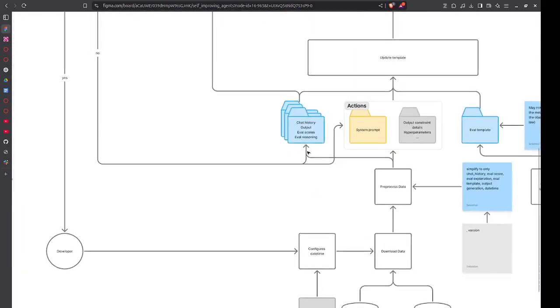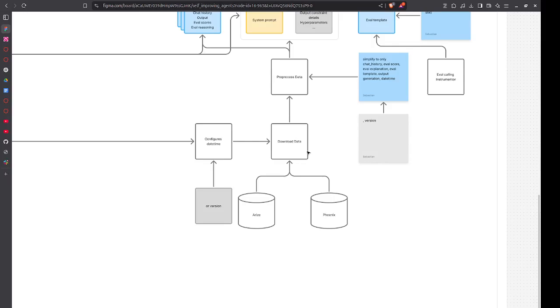you have the actual update step. So what the update step consists of is,